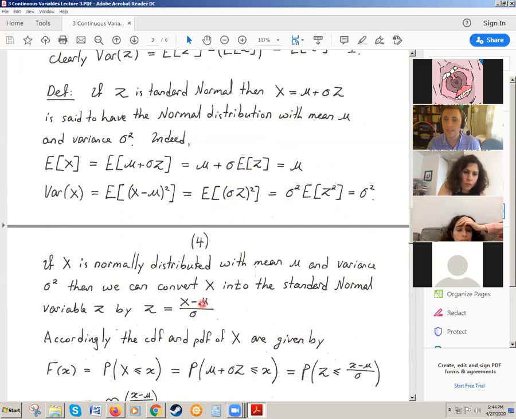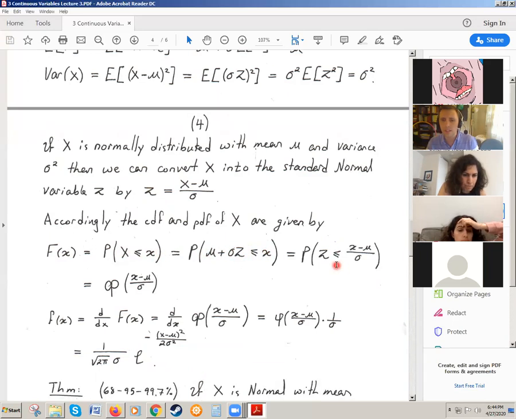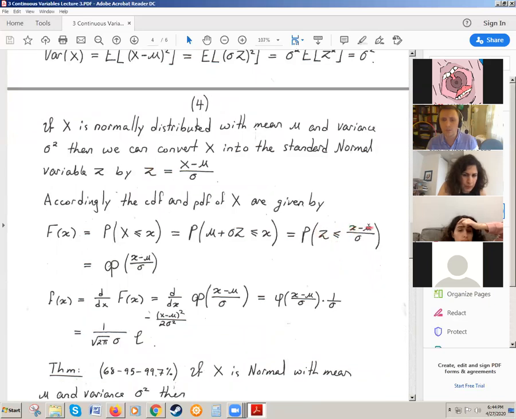Okay, make sense? And then we can verify what is the cumulative distribution for a random variable x that is normally distributed. So the cumulative distribution is the probability that x is less than or equal to little x, which is the probability mu plus sigma z is less than or equal to x, which is the probability that z is less than or equal to x minus mu over sigma, which is then, how do you say this letter in Greek anyhow, right? To me, it's fe, but that's because it's in Russian, right? So this letter is phi or fe of x minus mu over sigma.